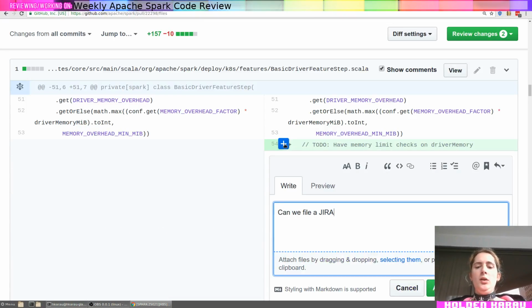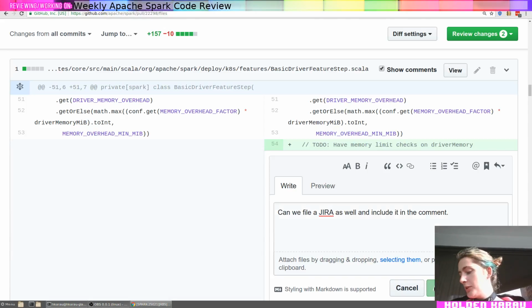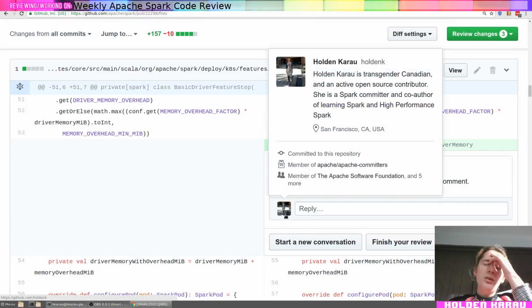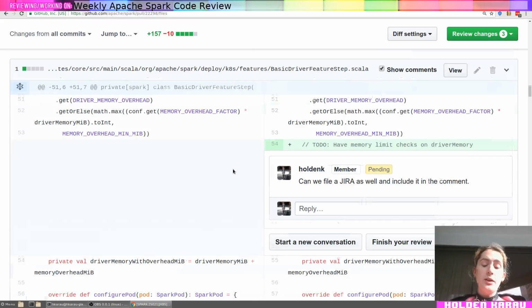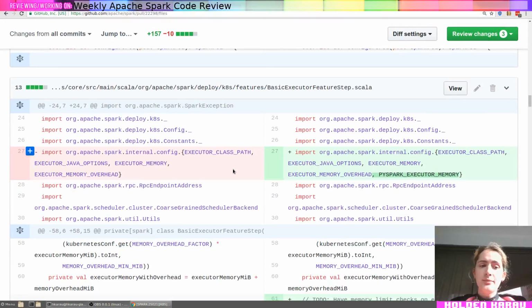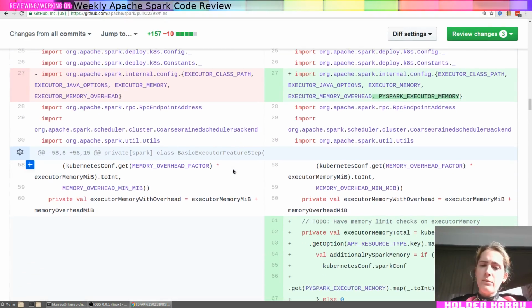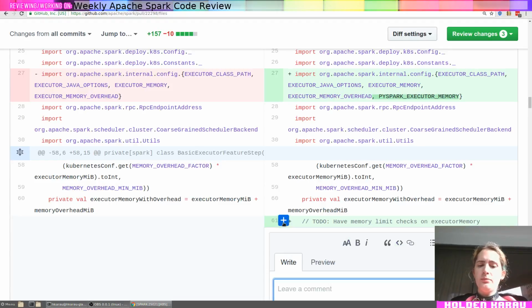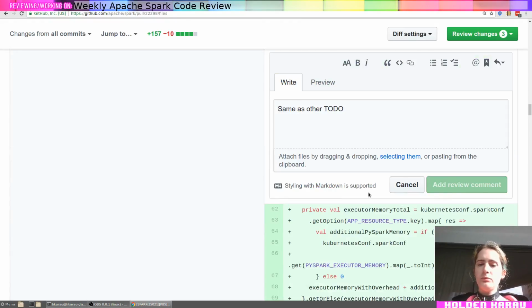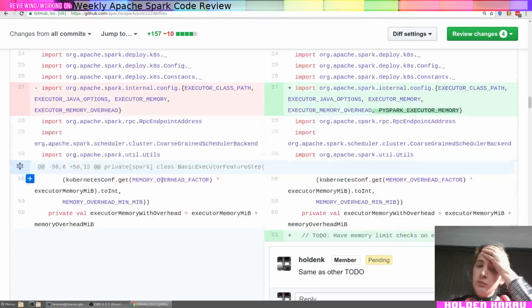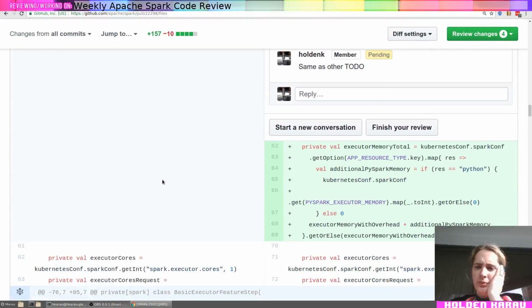So this is just, to-dos are cool, but it's really easy to lose track of to-dos in a large code base. So just filing in Jira can just help there. Okay.